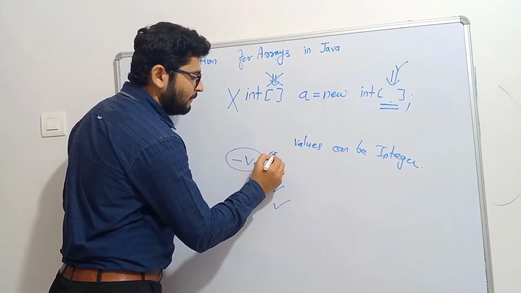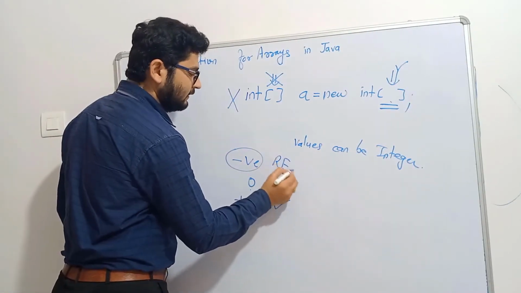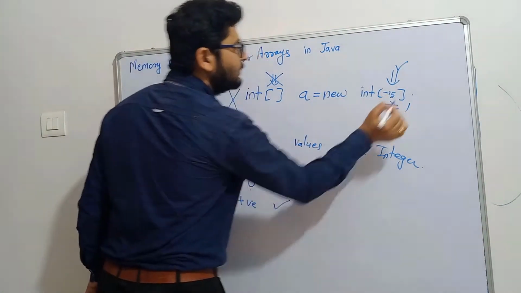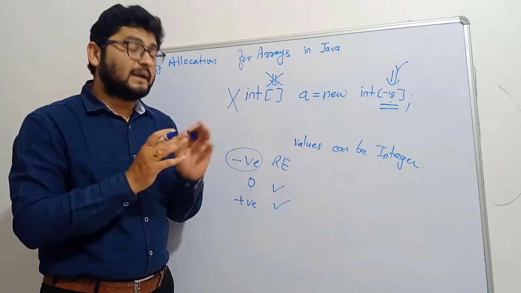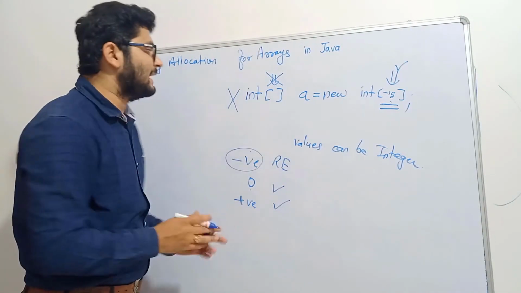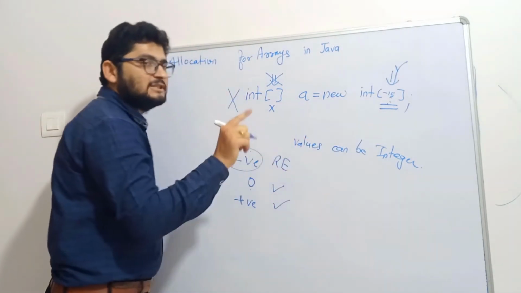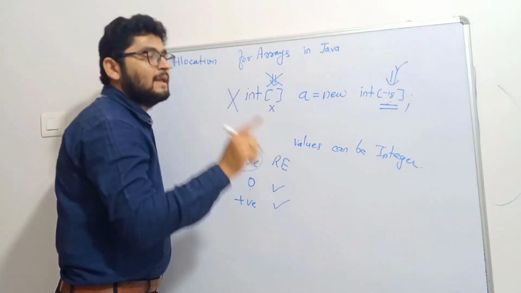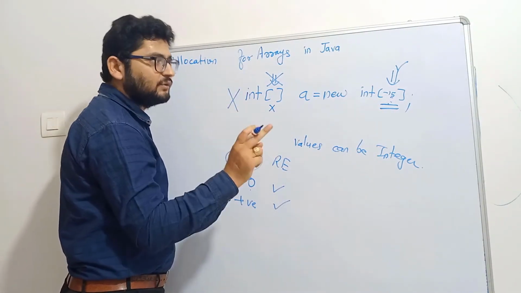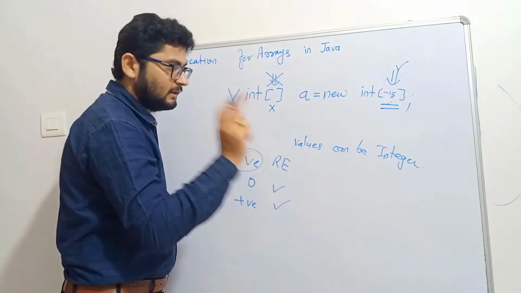At compile time, you are not going to get any error, but at runtime you are going to get an error. If you are supplying negative values over here, so if you write -15 over here, your program will compile successfully, but when you run that program, you are going to get a runtime error. So you should always remember that here you cannot use a value, and here compulsorily you have to give a value, and that should be greater than or equal to 0. Even if you give negative values over there, your program is going to compile successfully, but when you run that program for negative values, it is going to generate a runtime error.